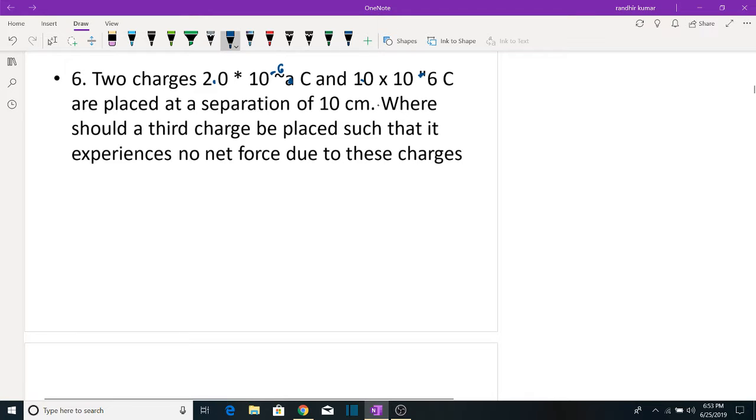Clear? Now, where should the third charge be placed such that it experiences no net force due to these charges? Clear? The question says there are two charges,